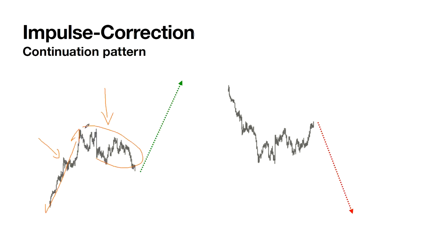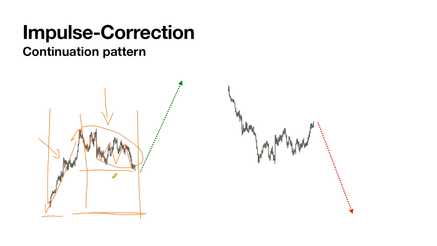Why? Because it's taking a longer time to develop, and it's not really coming down very fast. It's coming down in waves, in slow movement. You can see the time it took to go up is relatively way faster than this duration here. So you start to compare the time, the magnitude, as well as the development of time. That's what we call impulse correction.